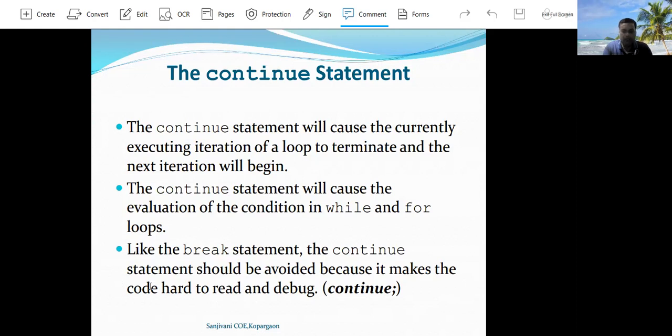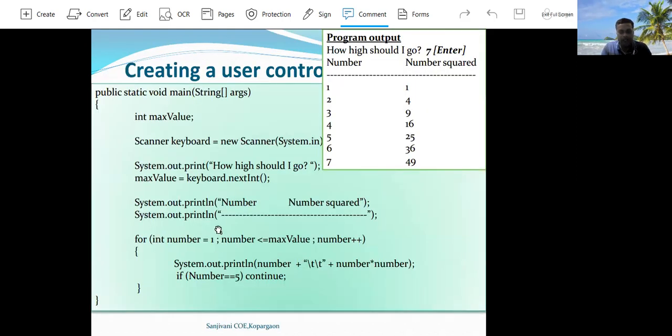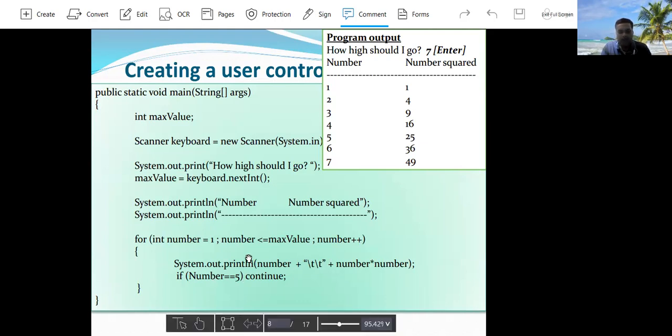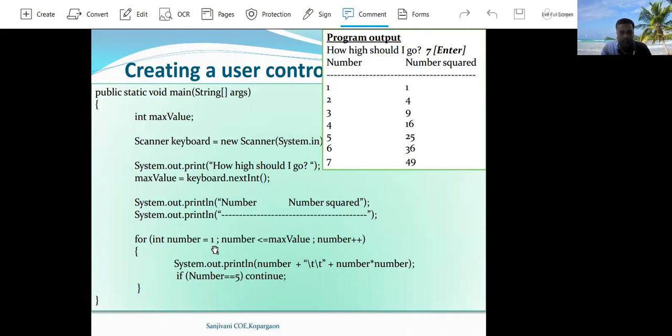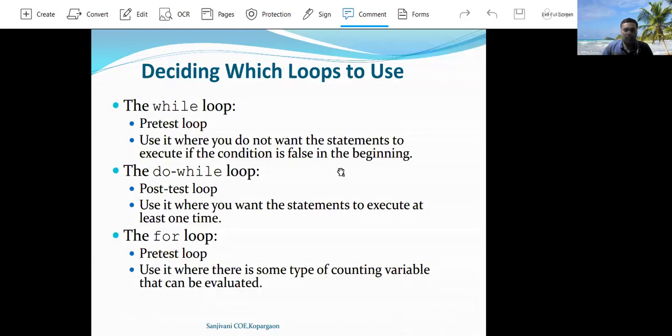Here the example of continue statement is shown. Okay, that is if number equals 5, then it will continue the execution of the for loop. Means this for loop gets executed from number equals 1 to number equals max value. That is, if the value of max is 7, then this for loop gets executed from number 1 to 7 times. This is about the continue and break statement.